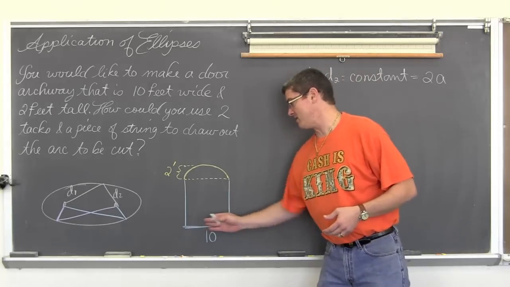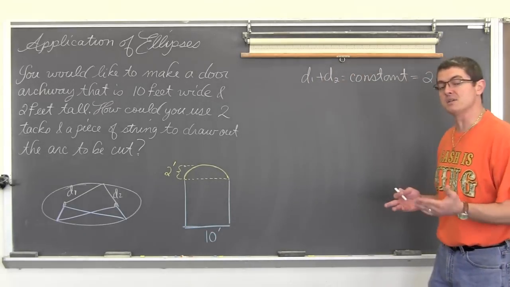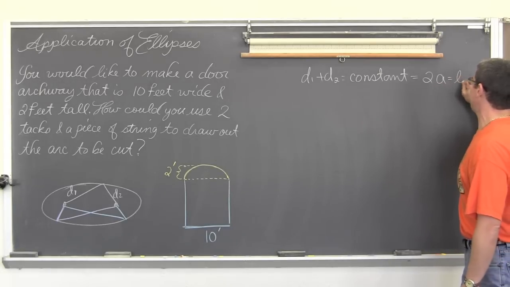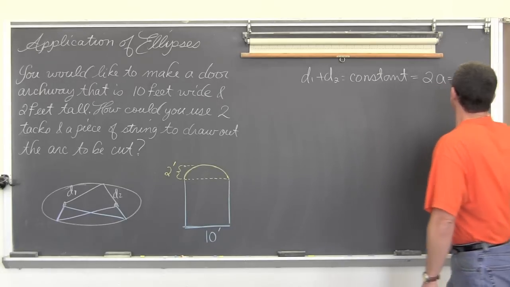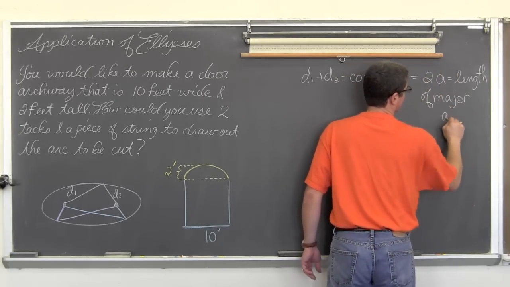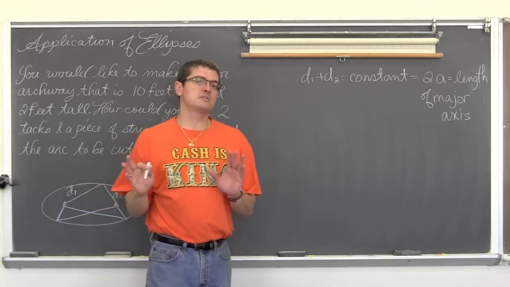Since the doorway is 10 feet wide, that means that the length of the major axis is 10 feet. And indeed, 2a is equal to the length of the major axis. So we're going to need a 10-foot string,